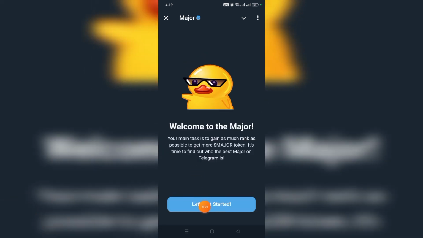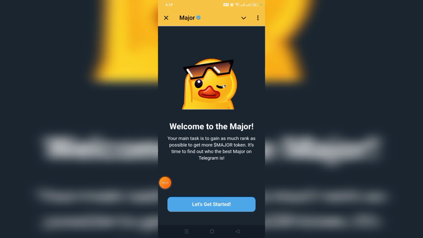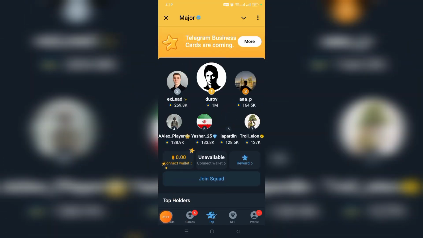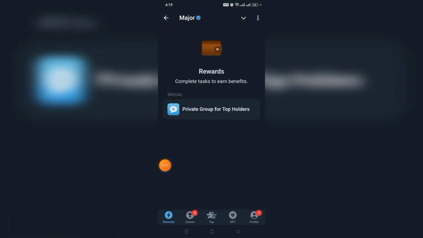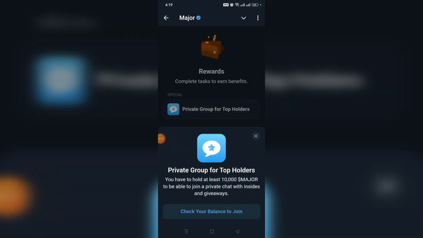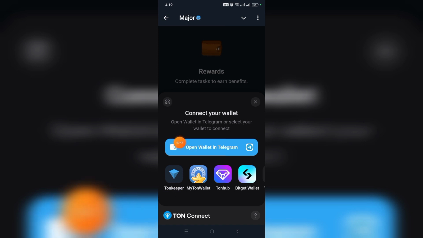So now you have to tap on Let's Get Started, and here you can see the app is open, and in the left bottom corner of the screen you can see the Rewards option. Just simply tap on it, and now you have to tap on Private group for holder, and now you have to tap on Check your joint balance, and here you can see Open wallet in Telegram. Just simply tap on it,